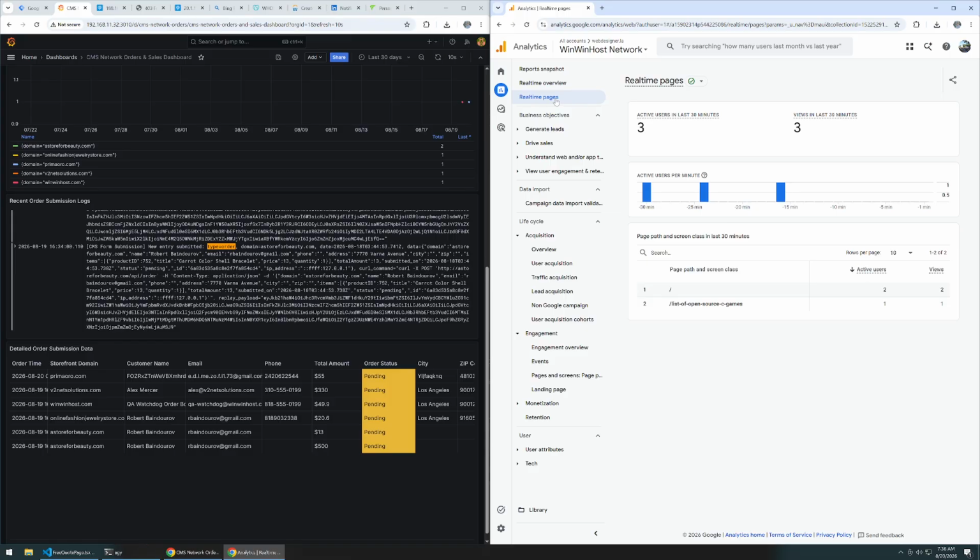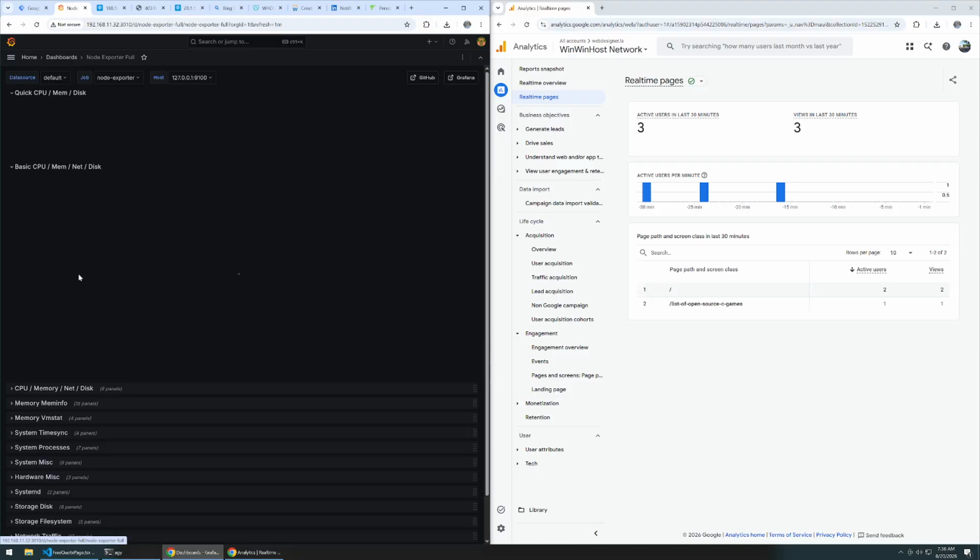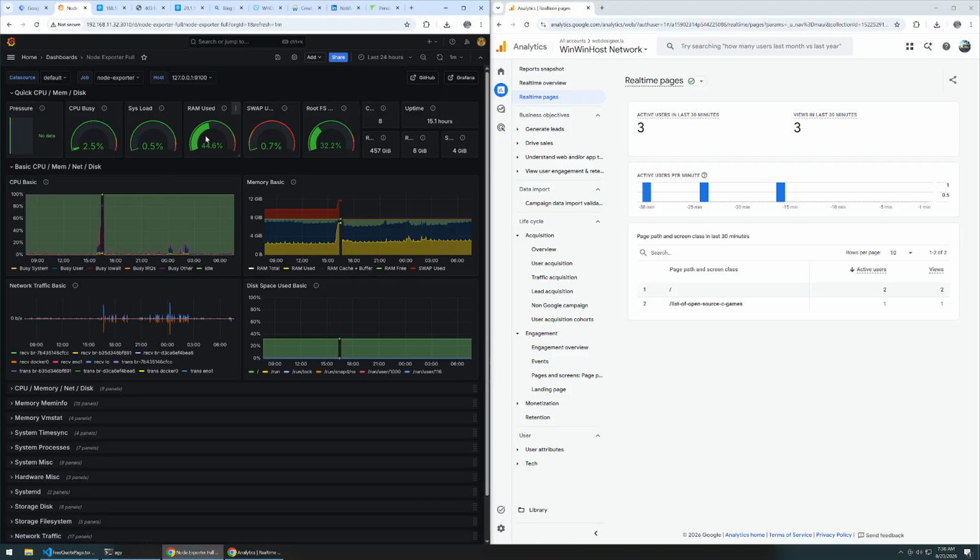I have real-time reports from Google Analytics. I have real-time reports from Grafana, Loki, Promtail, Tempo, OpenTelemetry. I've got insights into my overall server health, which is using quite a bit of RAM at the moment.